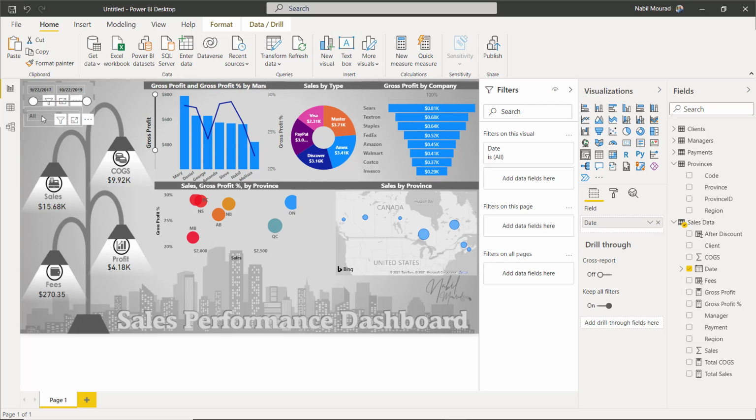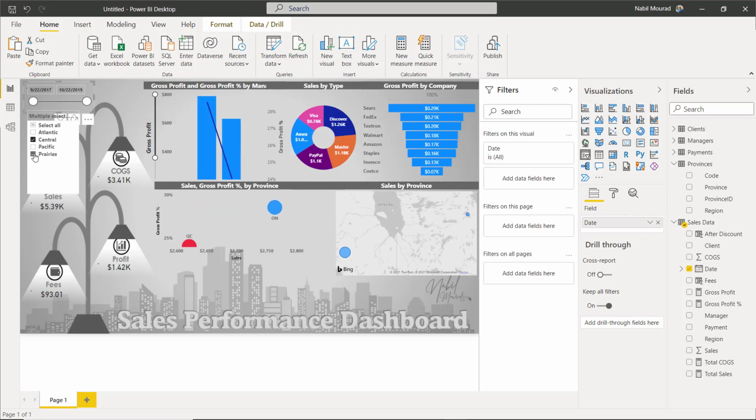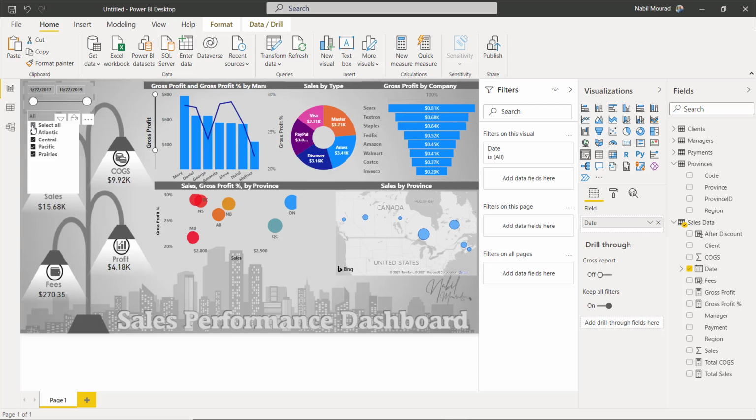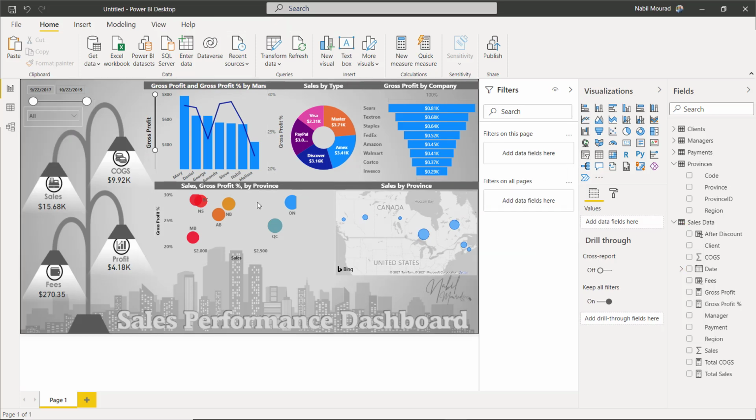I can also test the second slicer by clicking on it and select, let's say, the central region and the prairie region. Everything is updating, my map is updating, my column chart, and I'm getting insights about my data in different ways. I'm going to select all and I'm releasing my slicer, and I finished creating the first part of